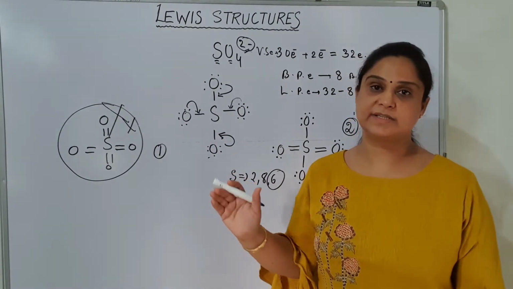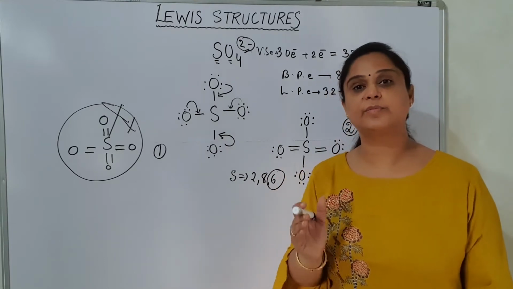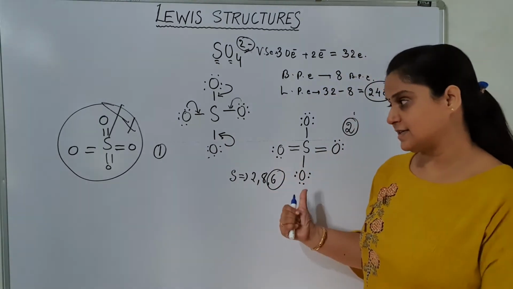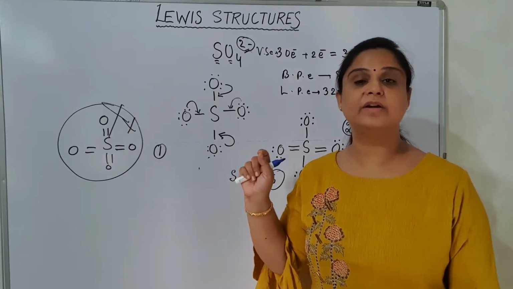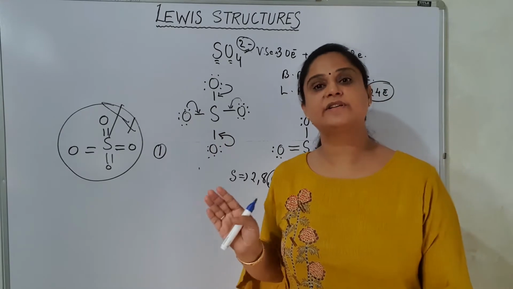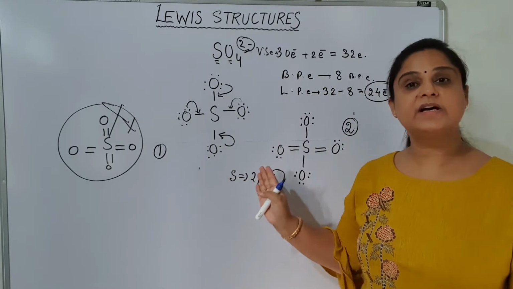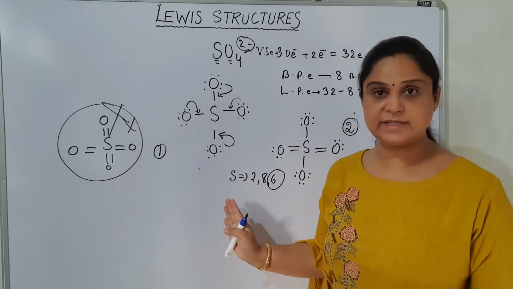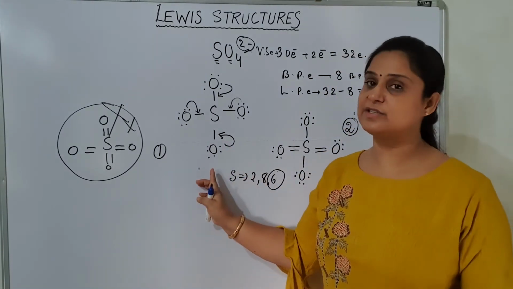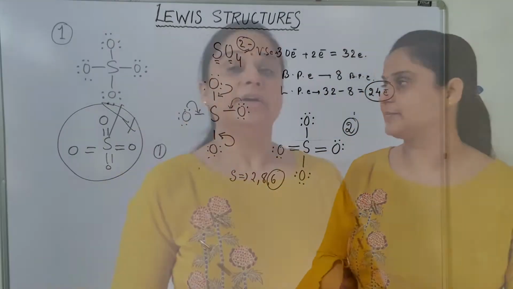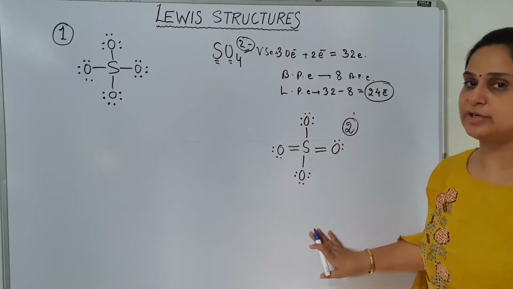The stability of this structure, and we can justify the stability using the term called formal charge. So whether this exists and this does not exist can be justified by using the term called formal charge. So we will see first of all what formal charge is, and then we will take out the formal charge on the different atoms present in both structures, and then I will tell you how this structure is more stable and this one is not that much. Okay, so let's see. So here we have 2 structures proposed, structure number 1 and structure number 2.